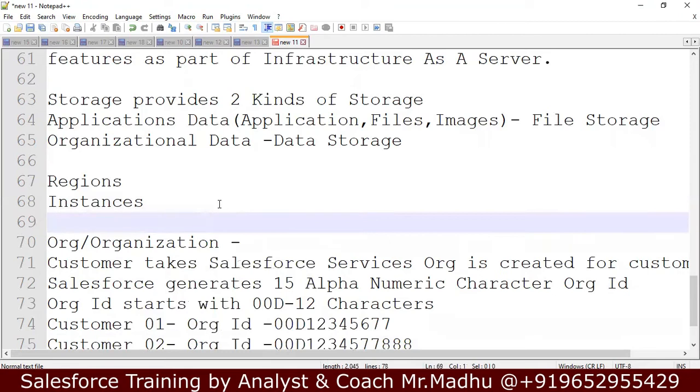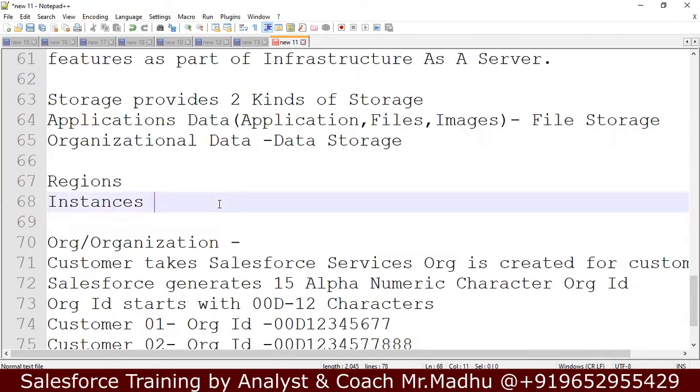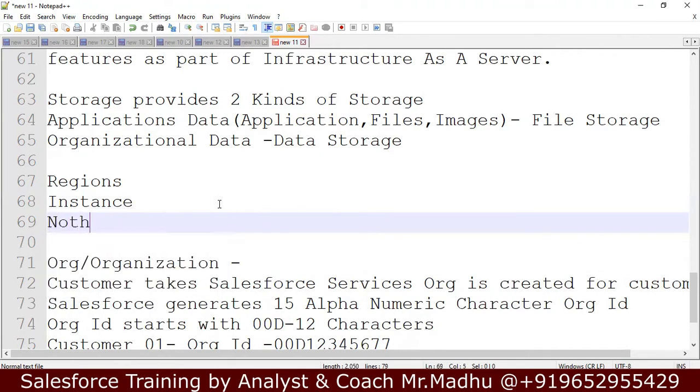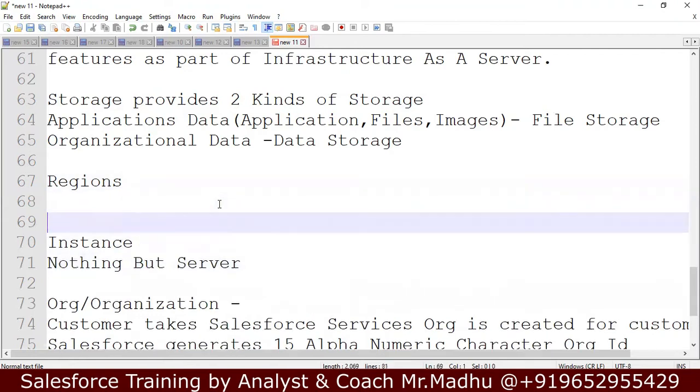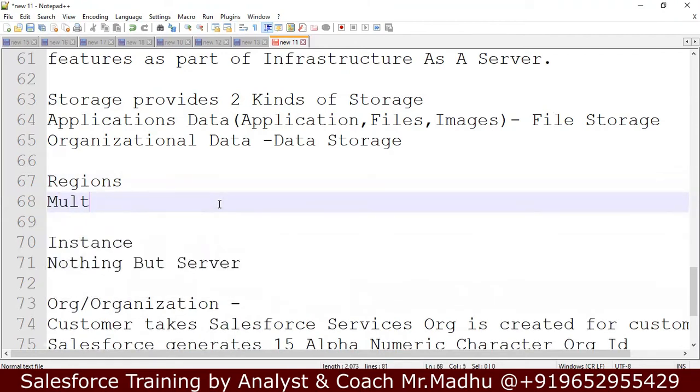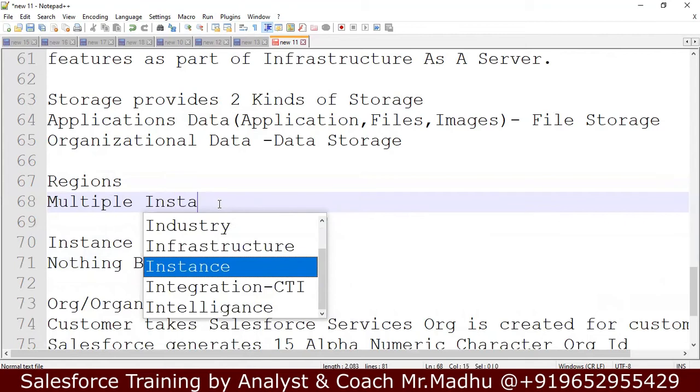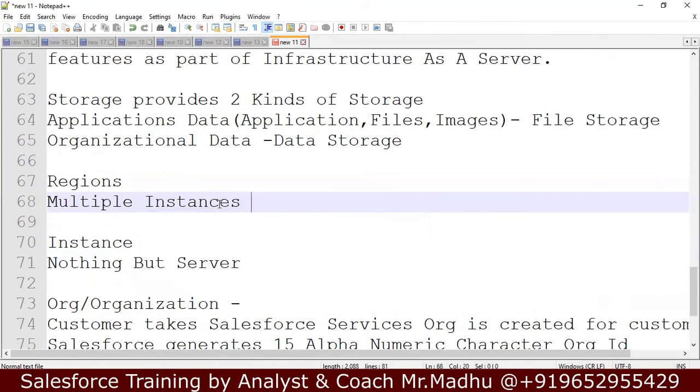And an instance is the server. We call it an instance in Salesforce. Instance is nothing but a server.